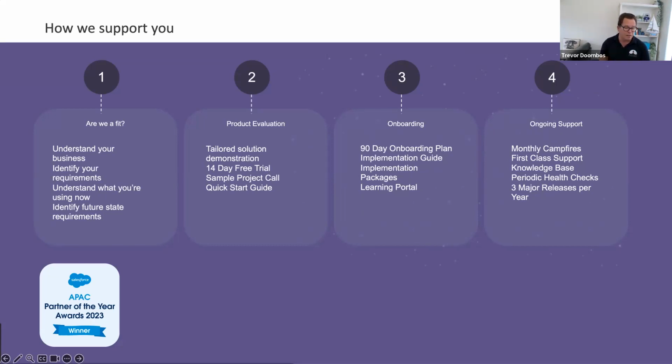If you want to, you can leverage the 14-day free trial. You can do a product evaluation. We're happy to work with you on that as well and have checkpoint calls to answer any questions. And once you do become a customer, we have not just checkpoints with your account manager, but our customer success team will set up a 90-day onboarding plan